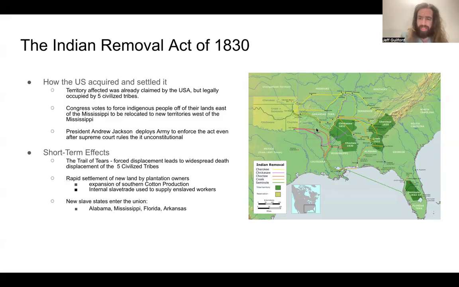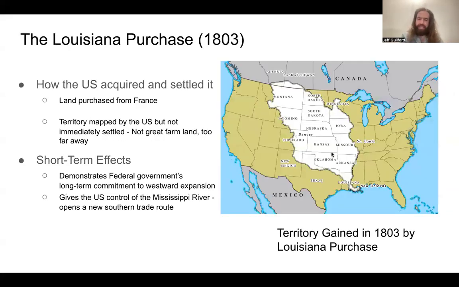Anyway, a lot of people didn't like this down in the South because they wanted to get all of this land for themselves, especially because a lot of this land was prime cotton land, and the Southern slaveholders wanted to gain access to it. So, anyway, in 1830, Congress and Andrew Jackson, who was president at the time, worked together to pass a law called the Indian Removal Act that is going to force all of the indigenous folks on this territory off of this land and move them out into the territory recently purchased by the Louisiana Purchase.